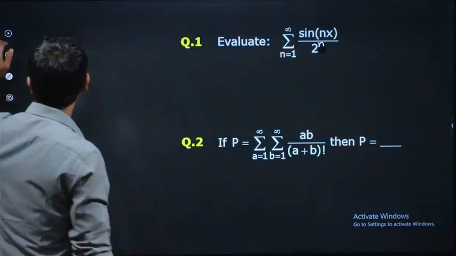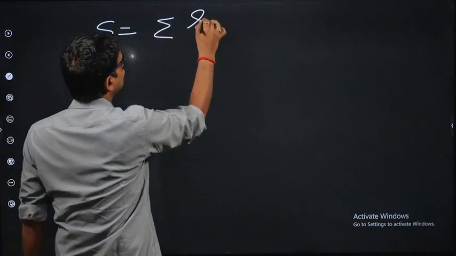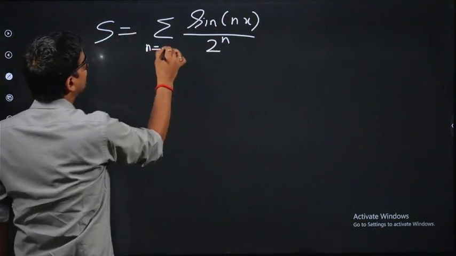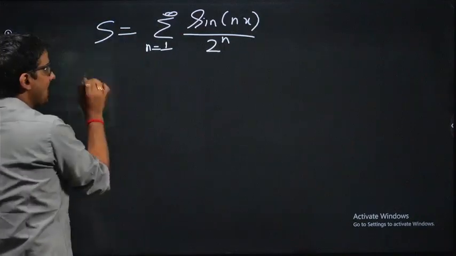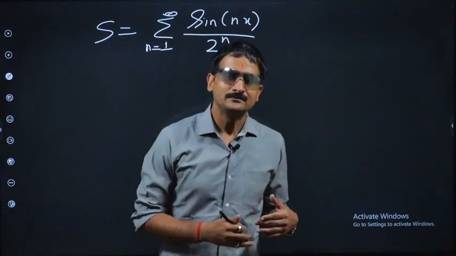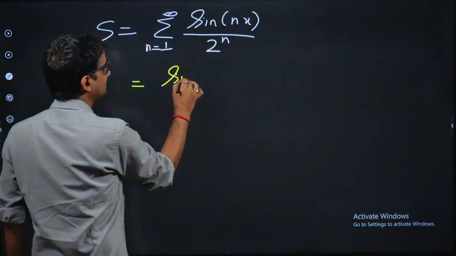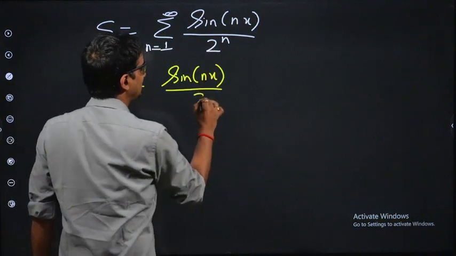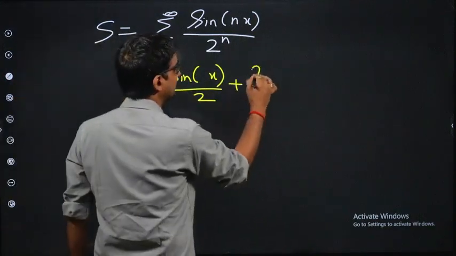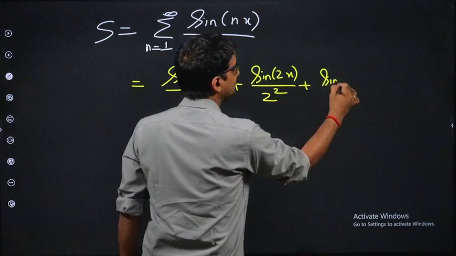Okay, so let's start. Let's solve the first one, which says we have to evaluate the value of this series, which is sine of nx over 2 raised to the power n, n goes from 1 to infinity. See how I started thinking. In the denominator, of course, we can see it's a GP. It's like 2 square, 2 cube, and so on. So if I open it, the first term is sine of nx by 2, rather sine of x, because n is 1, by 2. Then put n equal to 2, so sine 2x by 2 square, sine 3x by 2 cube, and so